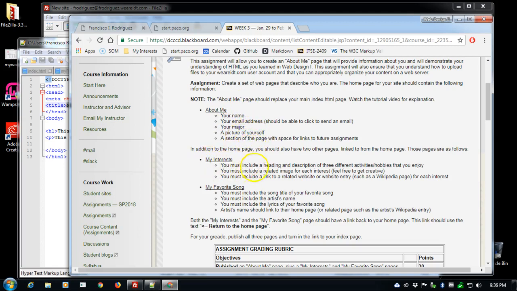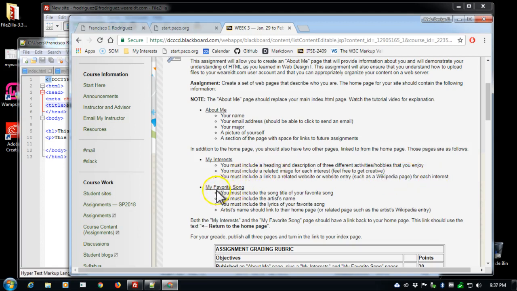But my interests page includes a heading and description of 3 different activities or hobbies that you enjoy, and a related image for each one of these interests. Feel free to get creative. Maybe make your own image or provide your own photo. And include a link to a related website, such as a Wikipedia page. This is one of the few times that we accept Wikipedia pages for each interest.